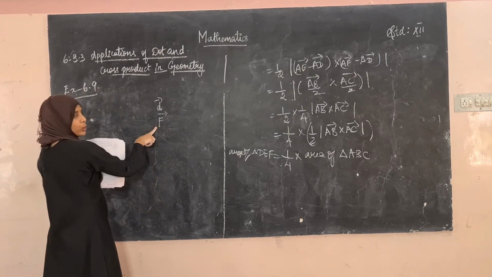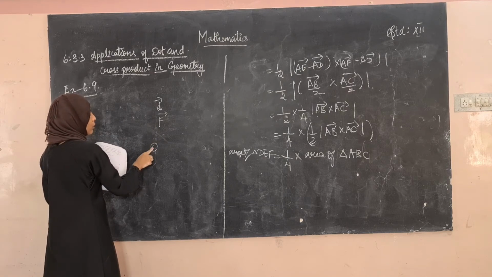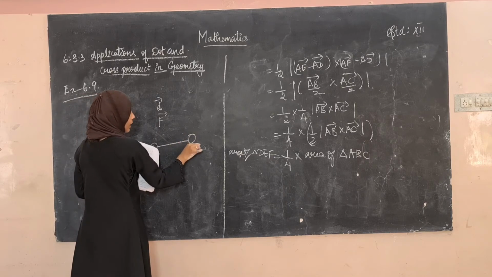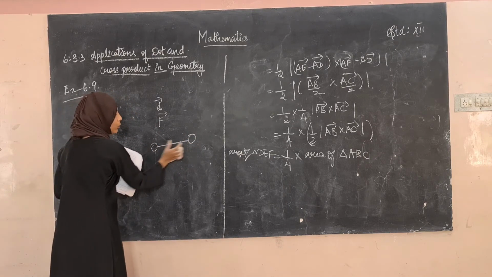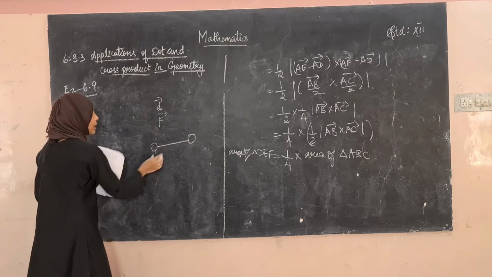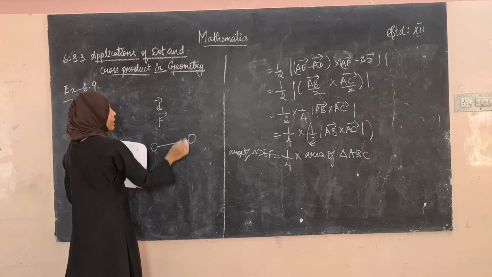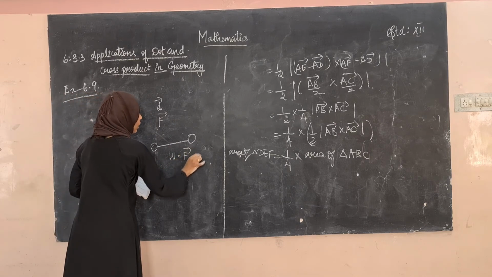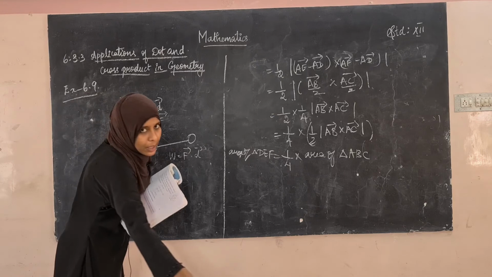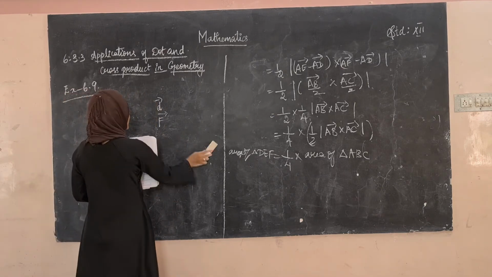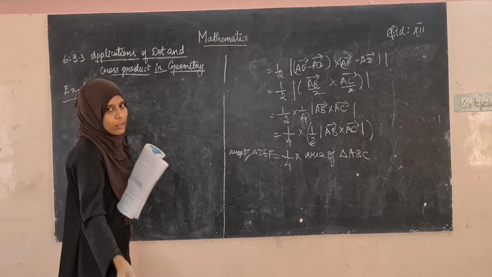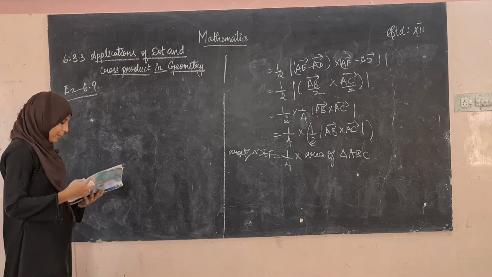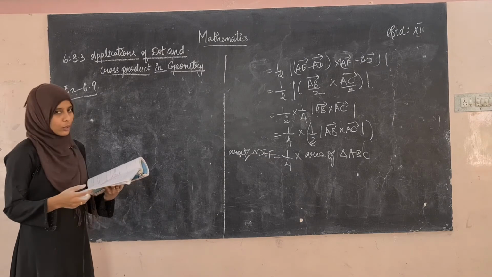See, this is the force that we apply. If there is a particle and you want to move it to some place, we have to apply some force. Then it moves to here. The force is given by F vector, and the displacement from here to here is denoted by D vector. Therefore work done can be written as F vector dot D vector, where F vector denotes the force applied and D vector denotes the displacement. Using that only we are going to solve these sums.